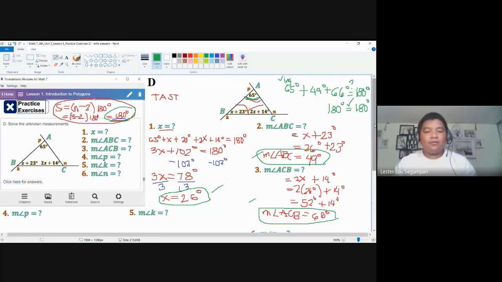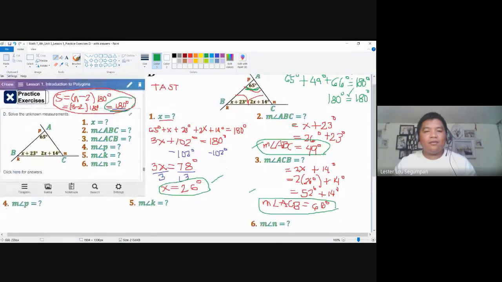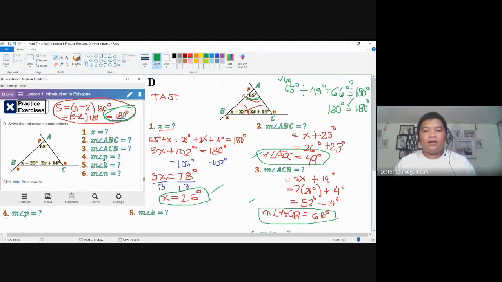Now we can proceed to number 4, 5, and 6. But in numbers 4, 5, and 6, we will not be using anymore the relationship that the sum of the interior angles is 180 degrees. Rather, we will just be using the measurement of each interior angle. Here we have 65, x plus 23, which is 49 degrees, and 2x plus 14, which is 66 degrees. Why? Because angles P, K, and N for numbers 4, 5, and 6 respectively are actually exterior angles of